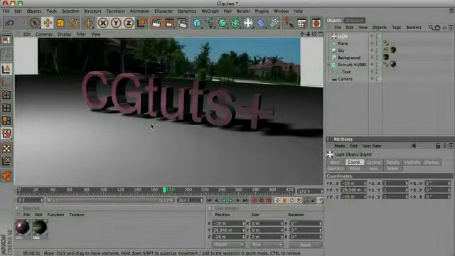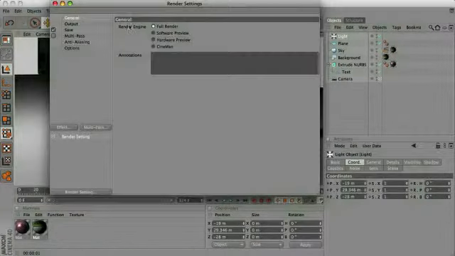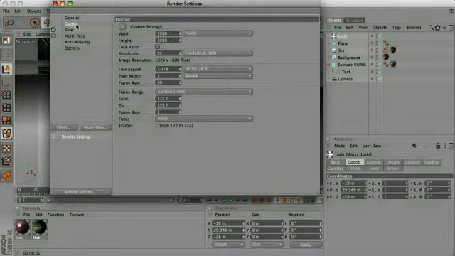What we're going to do is go into our render settings and make sure all your outputs are right. You're probably going to have to set up the from and the to here. I'm going to make it from 0 to 324. And make sure everything's right. My frame rate, 29.97. This is just all things to set up. Now,